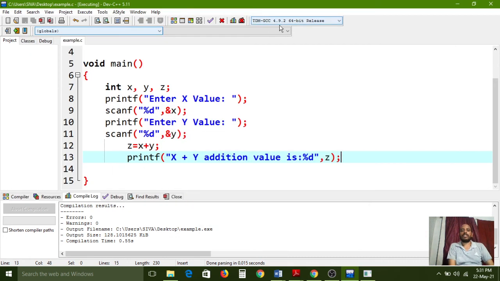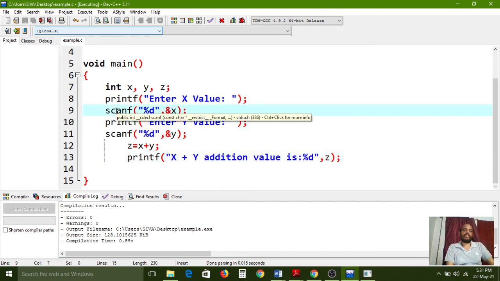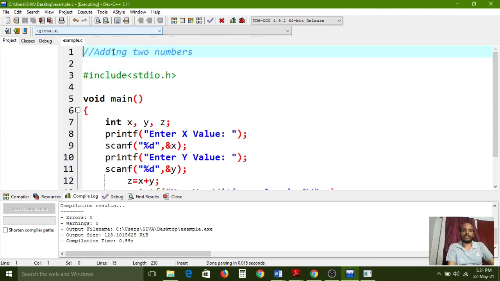Like that, here you need not concentrate on the program. Whatever functions we are using, printf and scanf, we use these regularly. If you want to print anything on the console, we have to use the printf function. If you want to collect any input from the user by keyboard, we need to use the scanf function. These two functions are input output functions, so the library is also required.